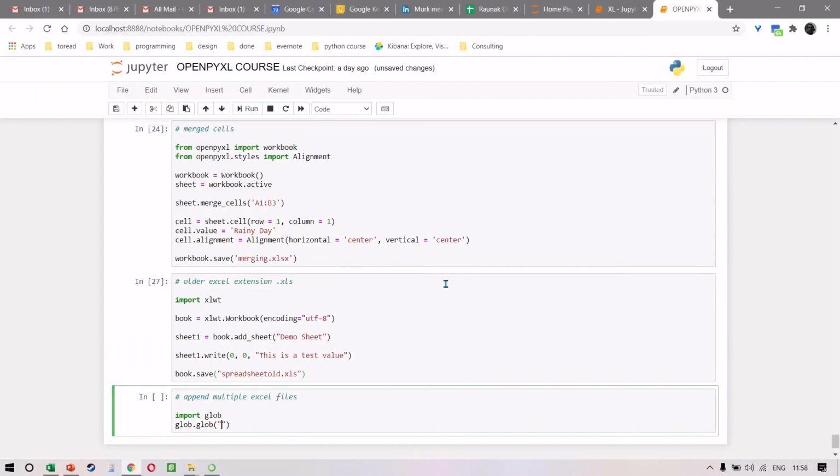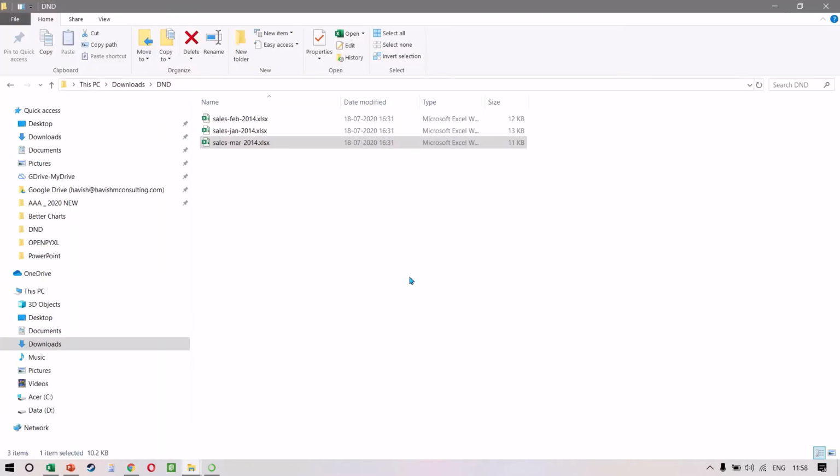So let's copy this and paste it. Remember, the slashes have to be reversed. And after D&D, because we only want to select a certain file extension, we will have to write *.xlsx. Now you might argue and say, why do we need it? But imagine a possibility where there were multiple files in this folder.